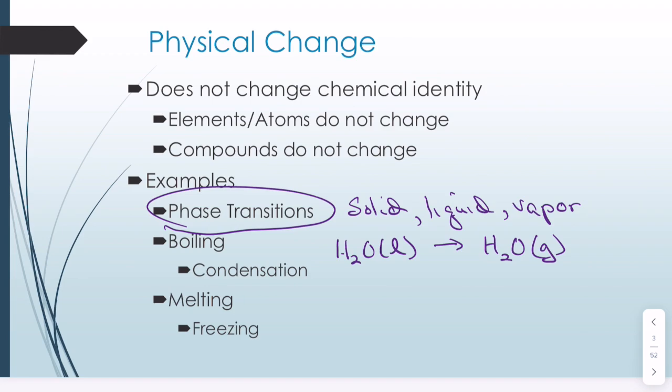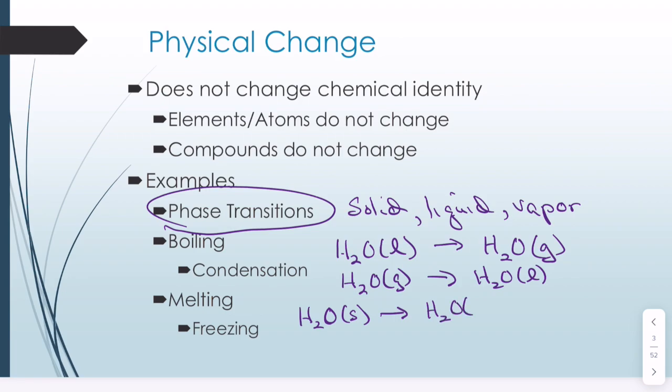So for example, we could write this H2O(g) goes to H2O(l), with G for gas and L for liquid in parentheses. That's what we call condensation. Again, it's a phase transition. The identity of the substance doesn't change. Melting is the same kind of thing. So when we're talking about melting, we're talking about the solid, ice in the case of water, melting to become the liquid. Again, it's still H2O. There's no change in the identity of the compound or the molecule. It's just changing its phase.